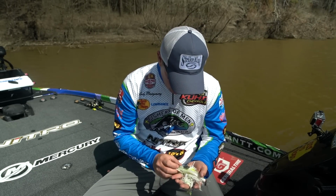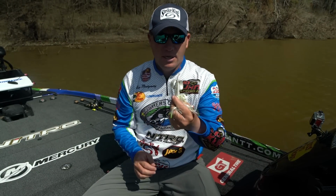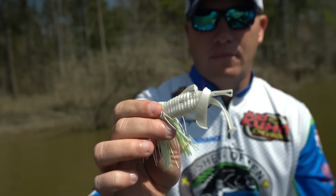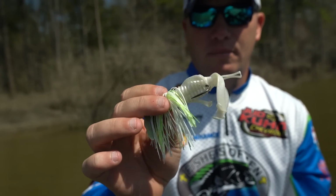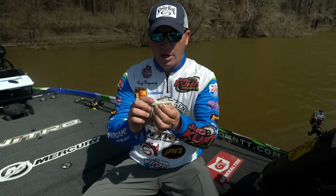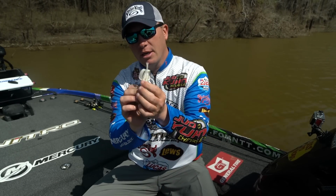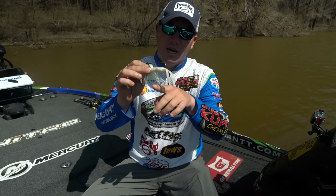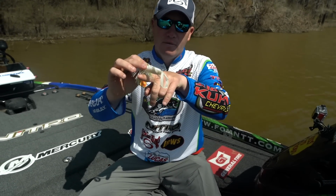The last trailer that I use a lot is the Strike King Rage Bug, or Structure Bug. What I use this for is when I'm fishing around cover. When I'm coming over a piece of cover, it's got a wide body. So it's gonna have the same tremendous action, same kicking, but it's got a wide body. So when I'm coming over cover,